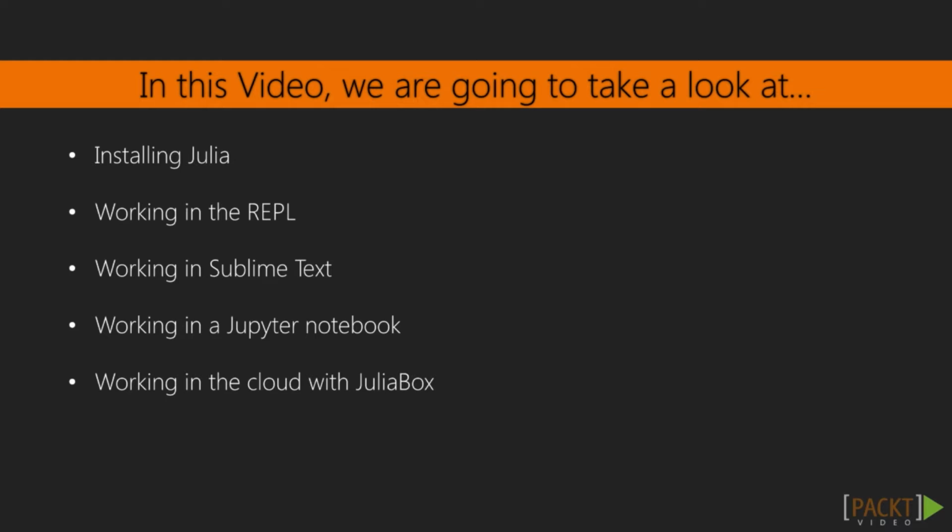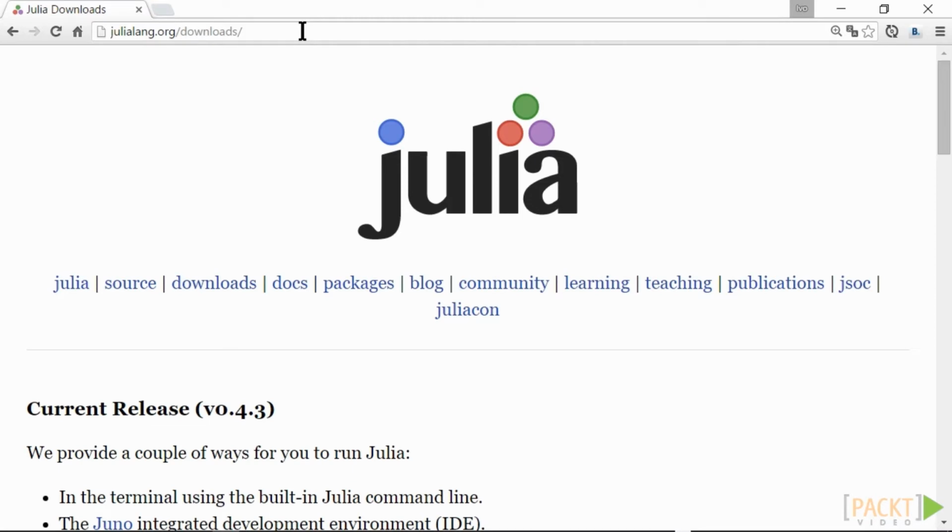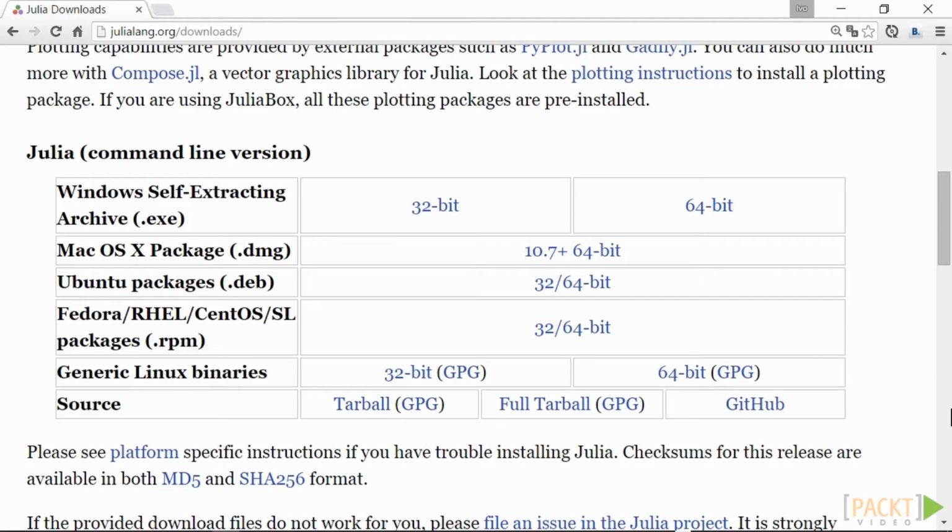So, let's begin. First, we need to install the Julia binaries of the stable current release. To find and download the installer specific to your Windows, OS X, or Linux platform, type the following link into your URL bar: julialang.org/downloads. Open the installer and the archive manager specific to your system, and it will install Julia in a location